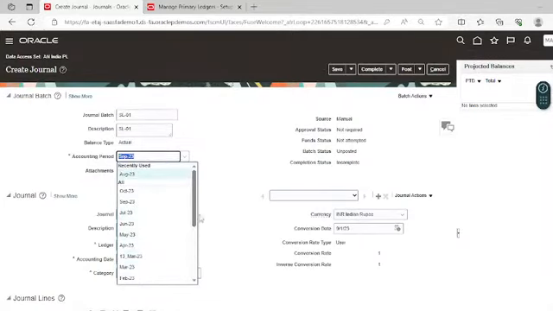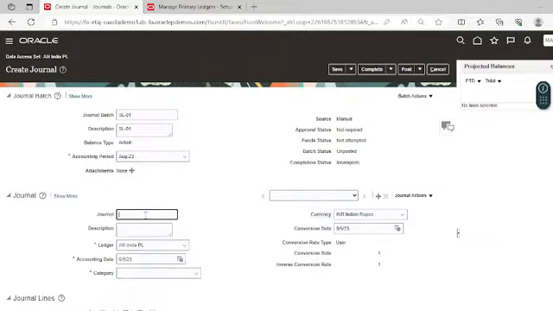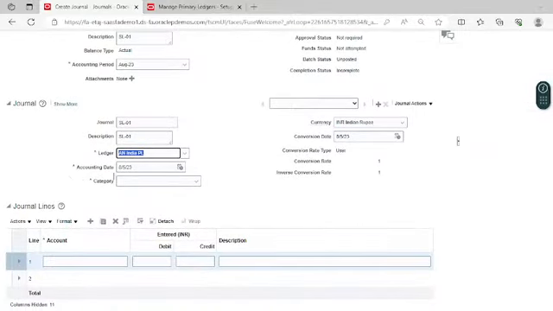Select here the August month, select the Indian primary ledger, select the accounting date, and in the category let's take it as manual.